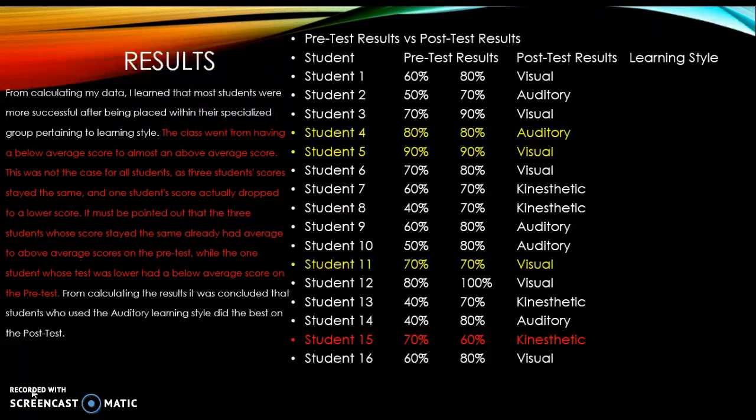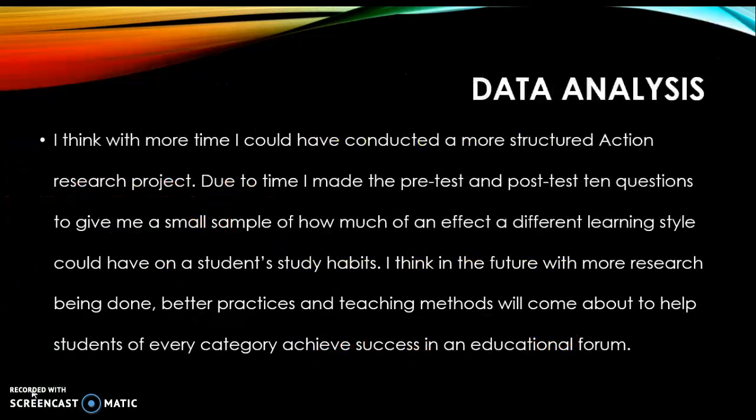As can be seen on the table to the right, the students whose scores stayed the same already had an average to above average score. So there wasn't much change for those students. The student whose score went down already had an average score and then went down to below average. So